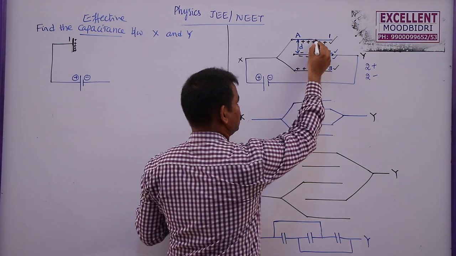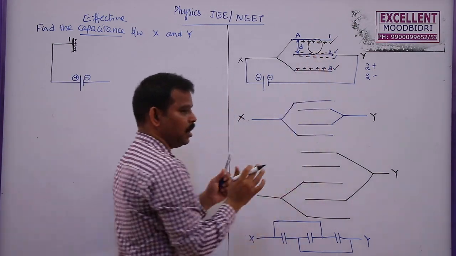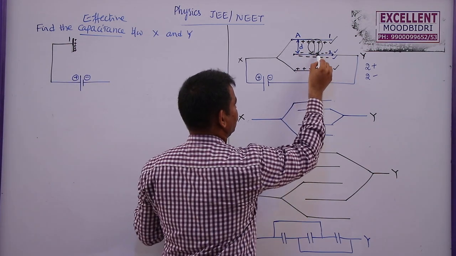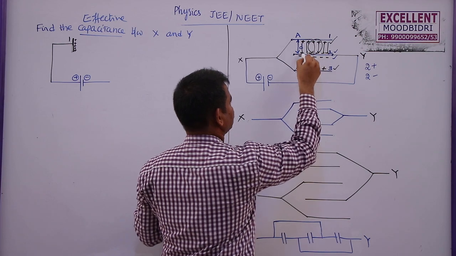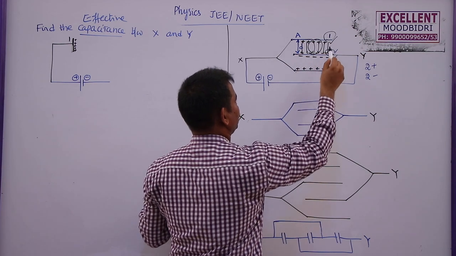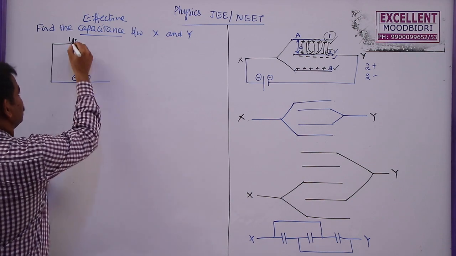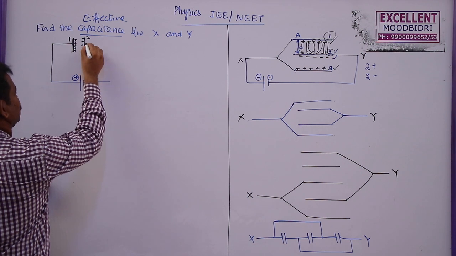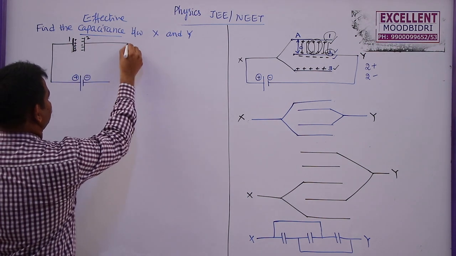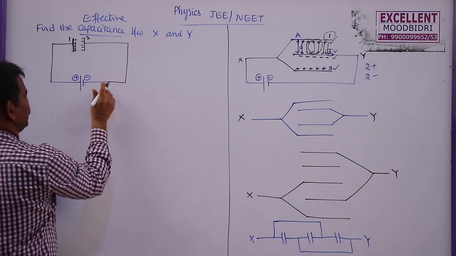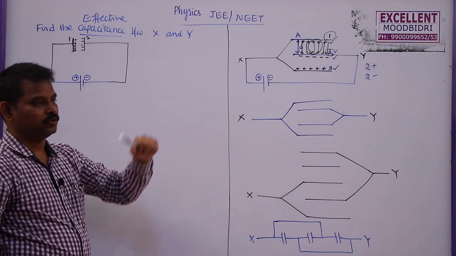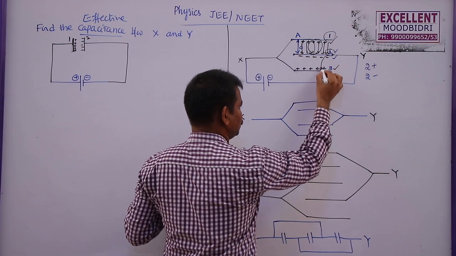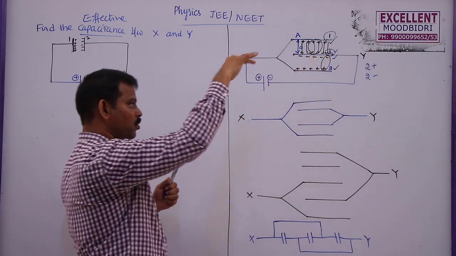Then the positive and negative plates which are separated by some distance opposite to each other will always produce a capacitor. So this is the electric field between these two. So this will act as a capacitor. Combination of plate 1, plate 2 will act as a capacitor. So this is positive plate and this is the negative plate, and the negative plate is denoted with the letter 2 and it is connected to negative terminal of the battery. So first capacitor is over. Now second capacitor. The negative plate and positive plate here will also act as one more capacitor.